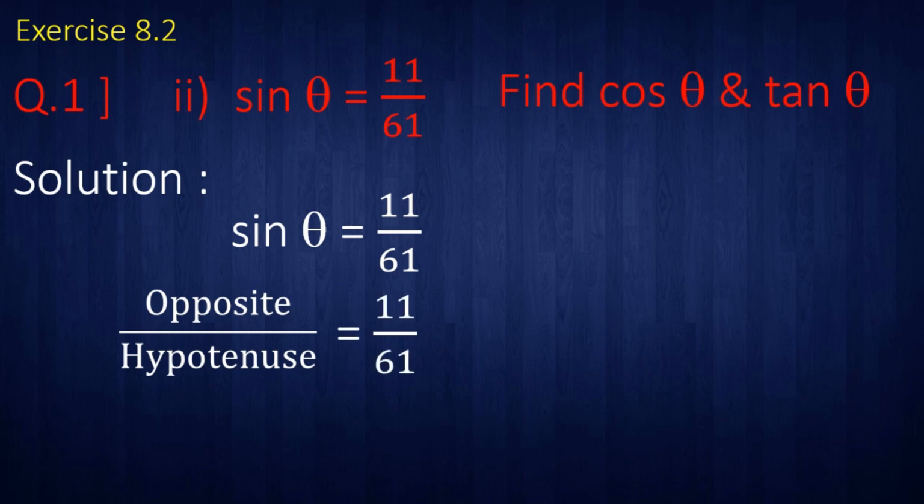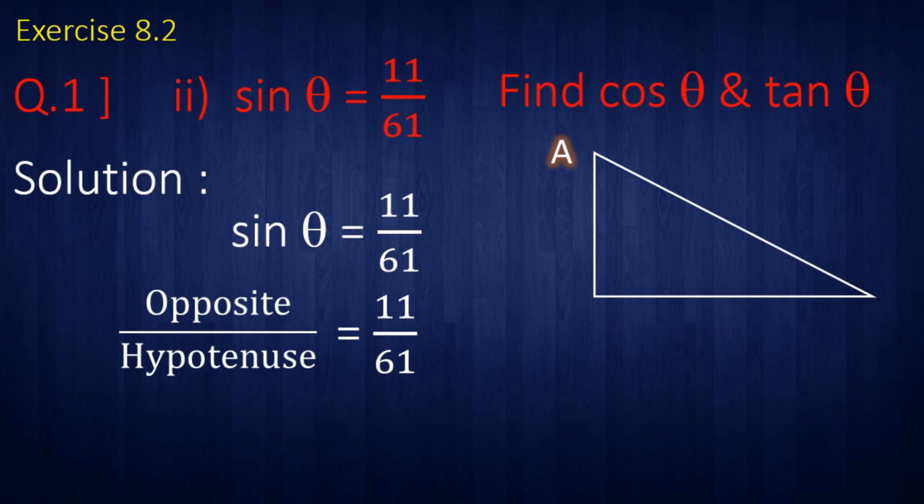To find opposite and hypotenuse, we will draw a triangle. To not get any confusion, always write the triangle name ABC. And downside theta: near C, you have to write theta. Theta opposite is AB. And opposite the 90 degree is hypotenuse AC. And the remaining side is adjacent, means BC is adjacent. Now students, put the names. Opposite is AB and hypotenuse is AC, is equal to 11 upon 61.